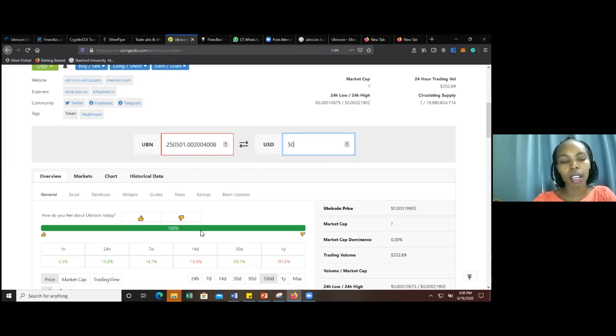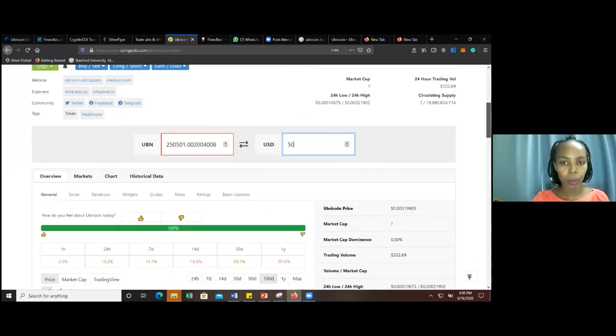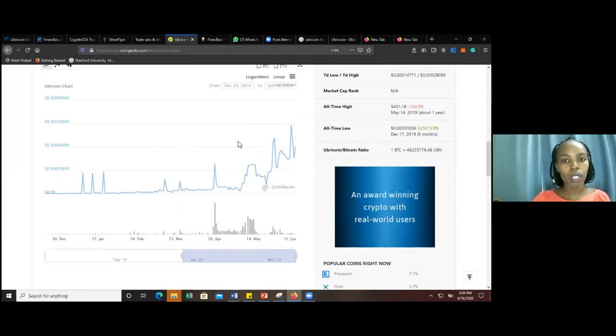This reduces the chances of a person lying to you and selling you fewer Ubricoins than what you can get. So make sure that you go to coingecko.com and calculate how many Ubricoins you will get when you want to buy some Ubricoins. Then below here we have the chart,